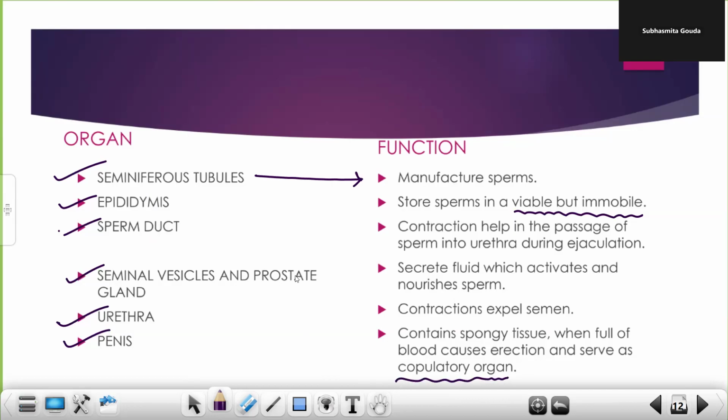Copulatory organs. Normally, copulatory organs means insemination, the deposit of the sperm directly into the female's reproductive system. Okay, means जब इंसेमिनेशन होता है तब डायरेक्टली स्पर्म फीमेल रिप्रोडक्टिव ट्रैक के अंदर जाता है थ्रू द penis. Okay,